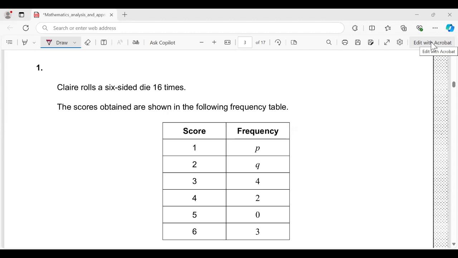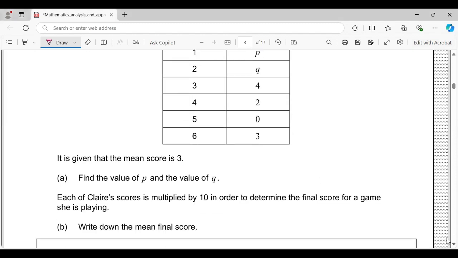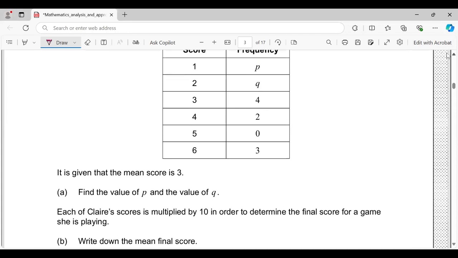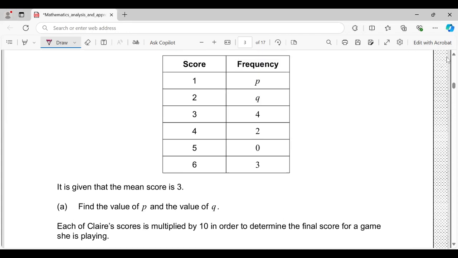Number one, Clay rolls a six-sided die 16 times. The scores obtained are shown in the following frequency table, and it is given that the mean score is 3. Find the value of P and the value of Q. Okay, so according to this table information that